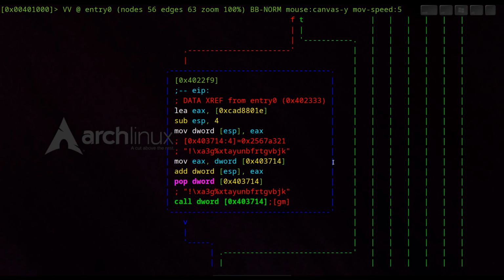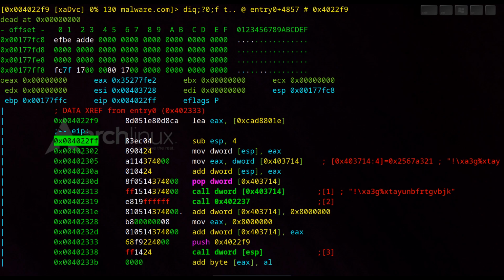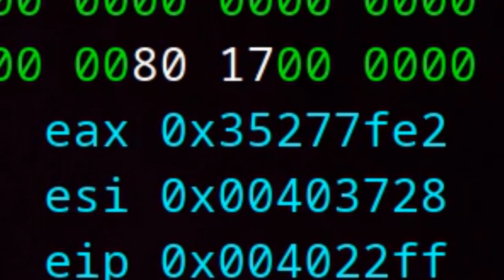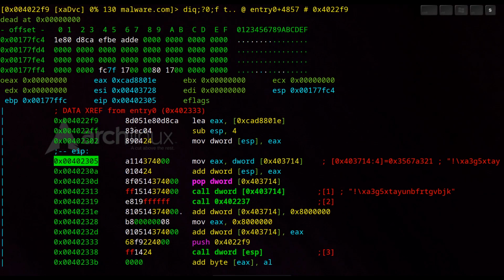Here we'll fill EAX with hex CAD 8801E. Unfortunately, ESIL abandons us at this point and does not execute the command correctly, but pushes hex 35 to EAX, so we change EAX manually and put the value on the stack. Now we fill EAX with hex